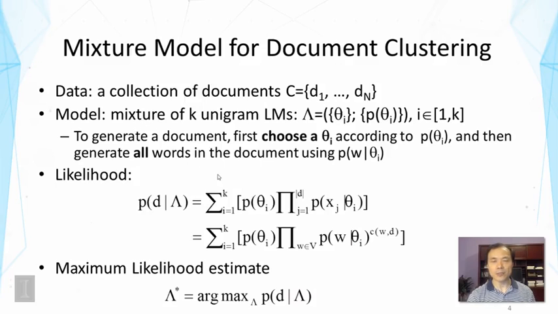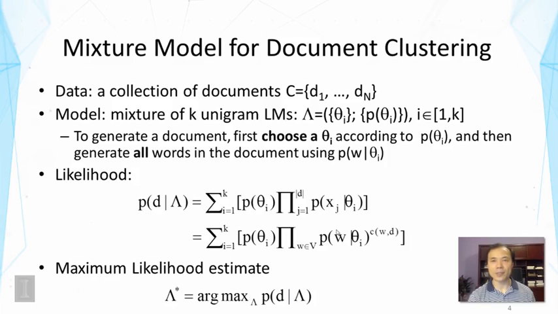So as in all cases, we follow these steps in using a generative model. First, let's think about our data. In this case, our data is a collection of documents, n documents, denoted by D sub i. And then we think about a model. In this case, we design a mixture of K unigram language models. It's a little bit different from the topic model, but we have similar parameters. We have a set of theta i's to denote the word distributions corresponding to the K unigram language models. We have P of each theta i as the probability of selecting each of the K distributions to generate the